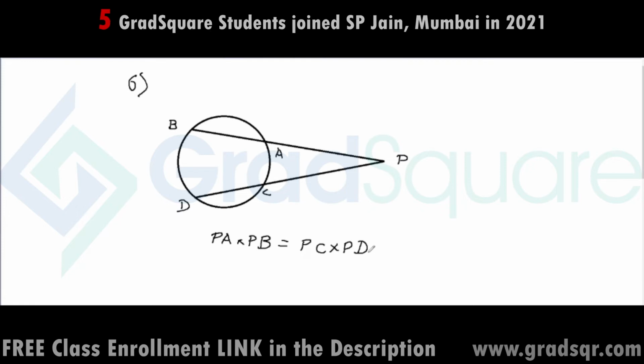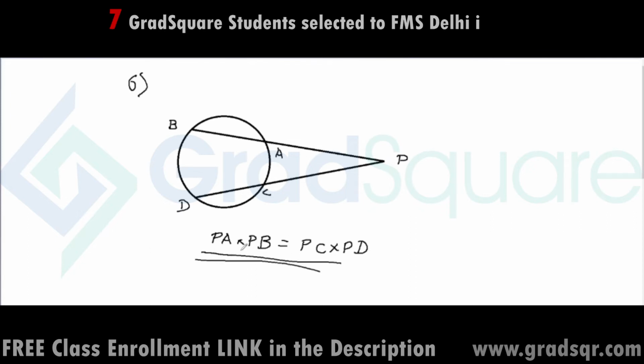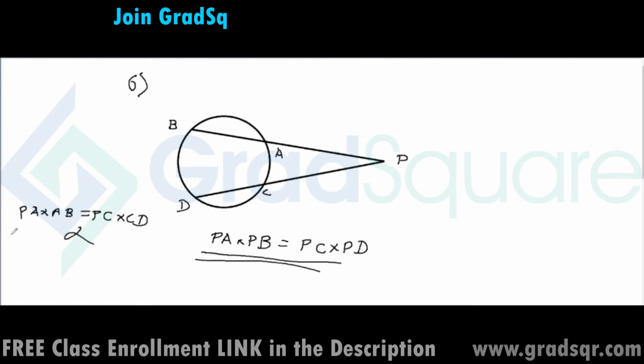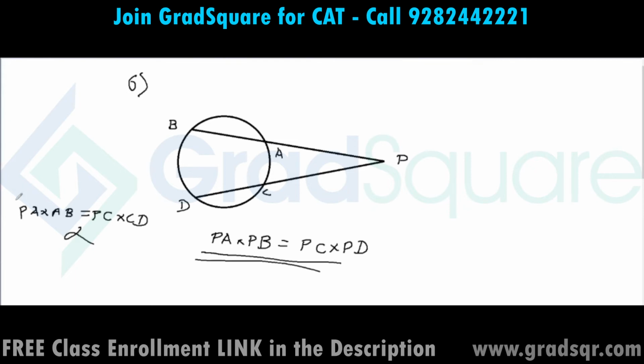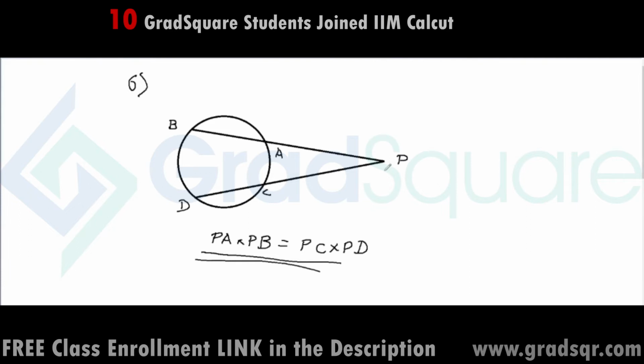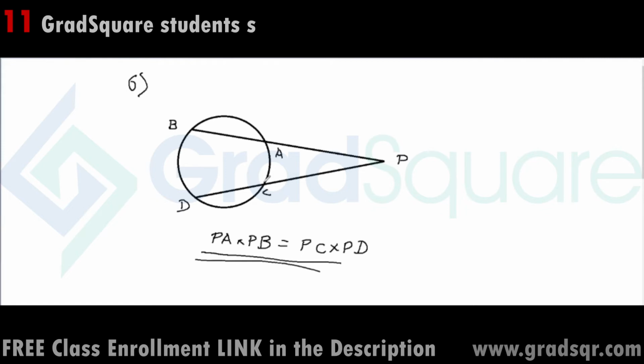Now there's one mistake which I've seen several students and even several textbooks make, which is that they misquote this formula as PA into AB is equal to PC into CD. This is absolutely incorrect. This is not the secant section theorem. Why? Because let us understand one thing, both with respect to geometry as well as coordinate geometry, that sections of straight lines are always calculated from the point of intersection. So always remember, when you're taking sections of secants, calculate the sections from the point of intersection. It's PA into PB is equal to PC into PD. This is the secant section theorem.